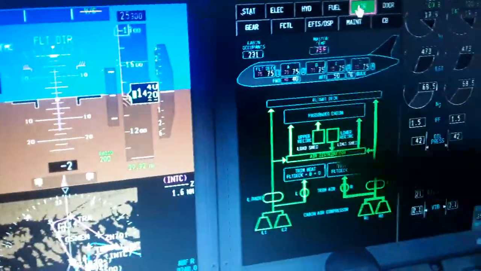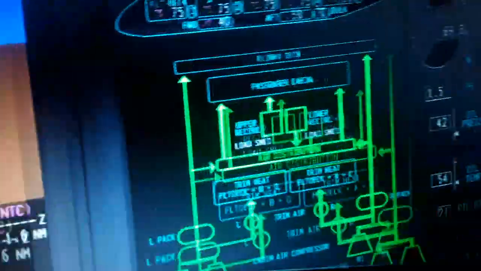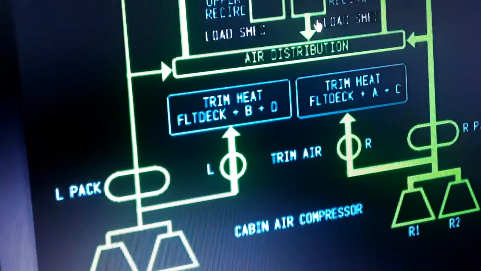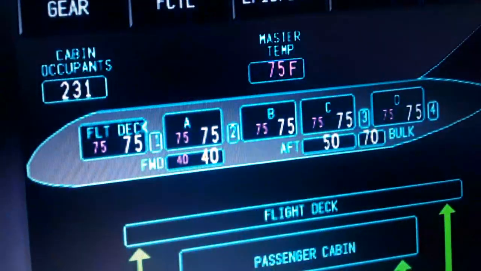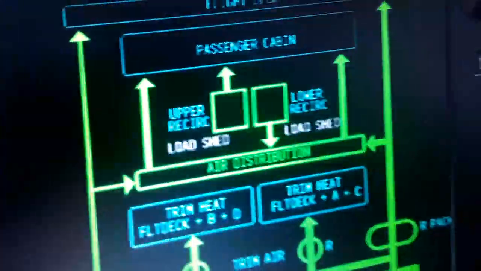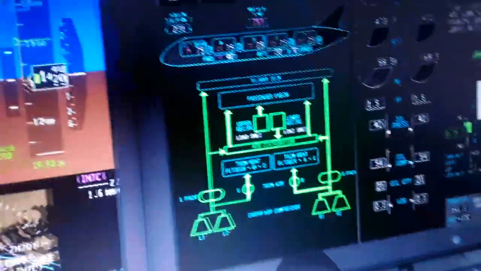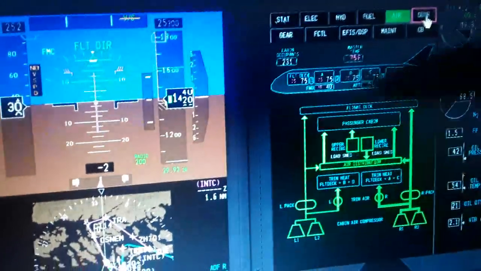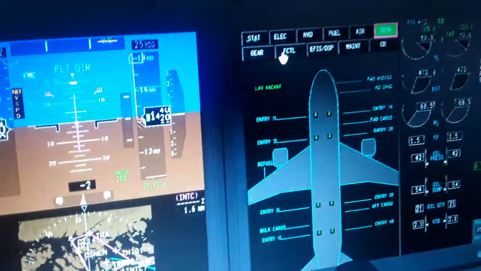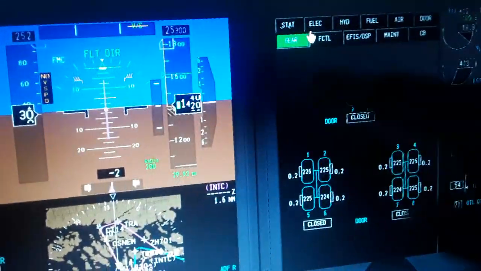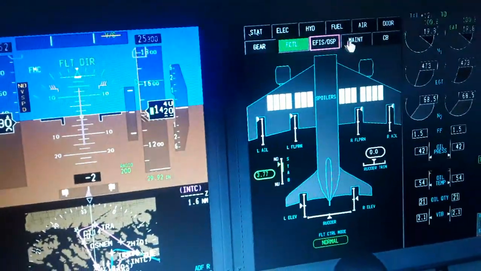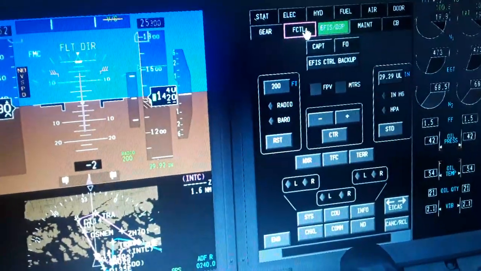The air, left engine, right engine, you can see we can use load set air distribution. We need the flight deck and passenger cabin. So this is also for air conditioning and for ventilation. For cabin pressurization, we need it also for starting the engines. The doors are closed, the cabin can be pressurized. The landing gear, you can see the temperature of the brakes and the pressure of the tires. The flight controls, maintenance, FIS control panel,